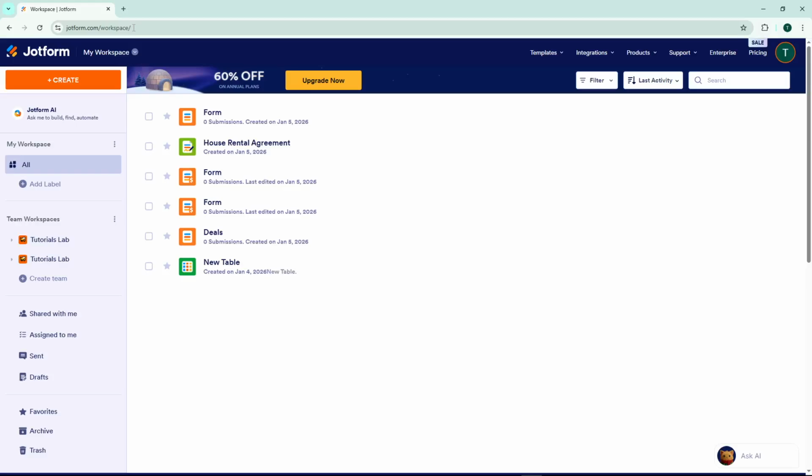Welcome back, everybody. Today, I'm going to teach you how to set a password for Jotform PDF attachments. This is a fantastic security feature that ensures only the intended recipients can access the sensitive information in your form